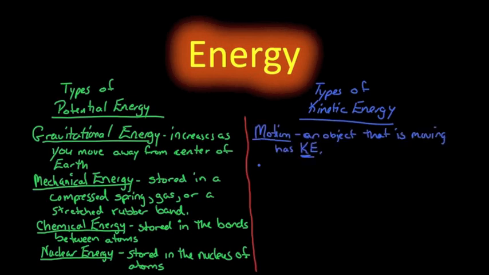Another type of kinetic energy is thermal energy. Now, we'll do another lecture on thermal energy, temperature, and heat, but you need to understand that they are all directly related to each other. All right? Thermal energy and heat are directly related to temperature. We can't see individual atoms vibrating, but we can feel their kinetic energies as temperature. Temperature is a reflection of the average thermal energy with which atoms vibrate or move.